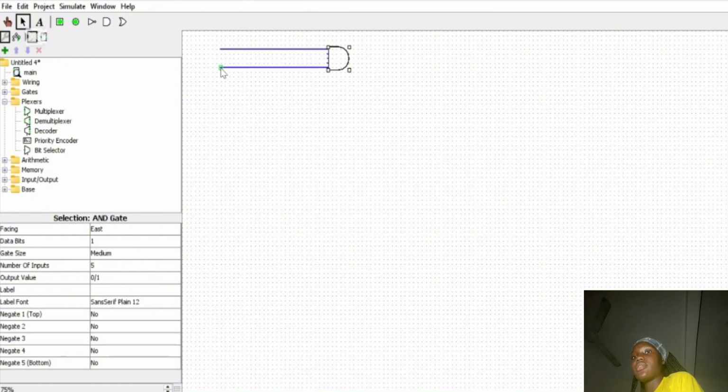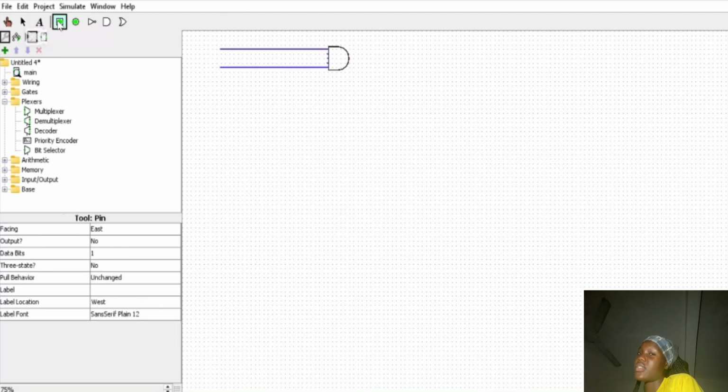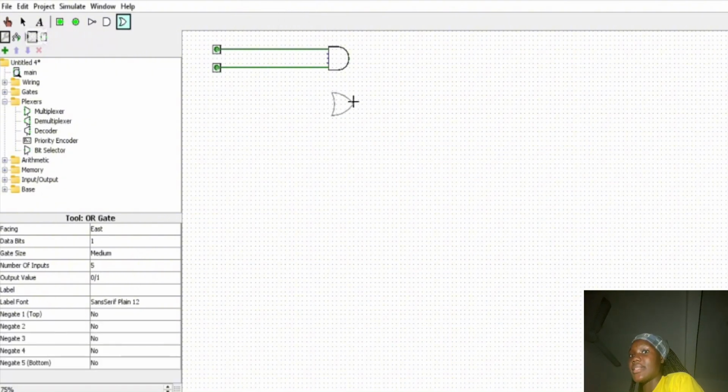This time around, each pin from each AND gate will be taken as an input. So we are going to take a pin from the AND gate and connect it to one input. So after connecting the AND gate, the next gate to connect is the OR gate. So you pick up your OR gate, then you will tap the connection from the AND gate for both pins